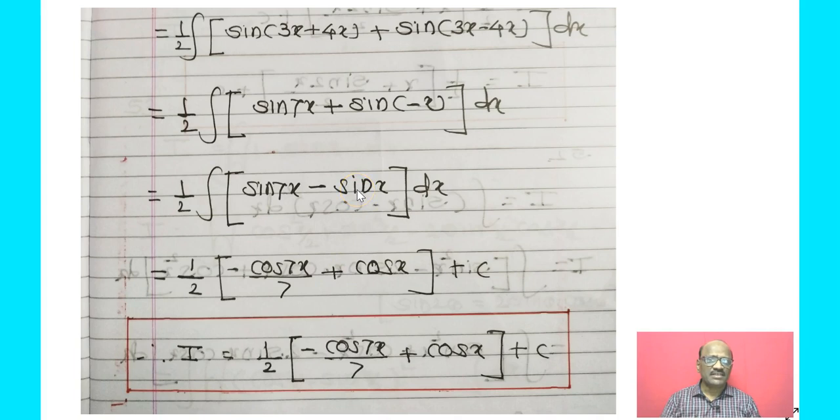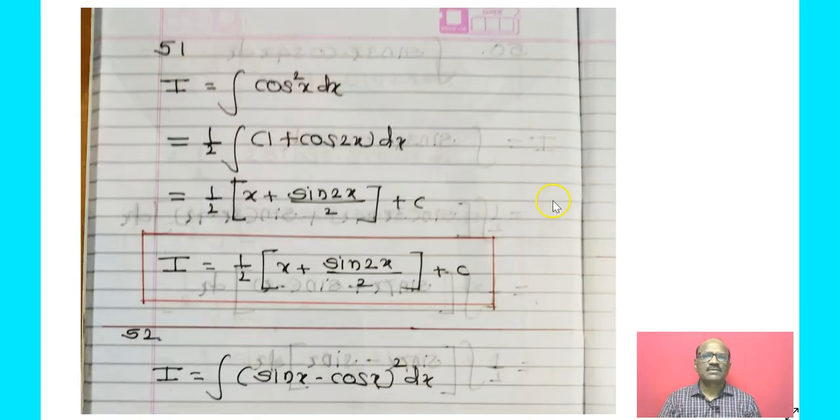And here is again the integral of sin x, which is minus cos x, and minus becomes plus c. Therefore, I is equal to 1 upon 2 times minus cos of 7x upon 7 plus cos x plus c. Now next problem, number 51, that is I is equal to the integral of cos square x